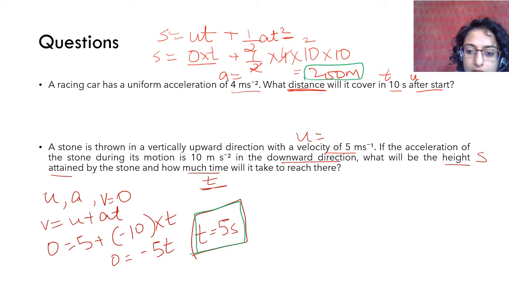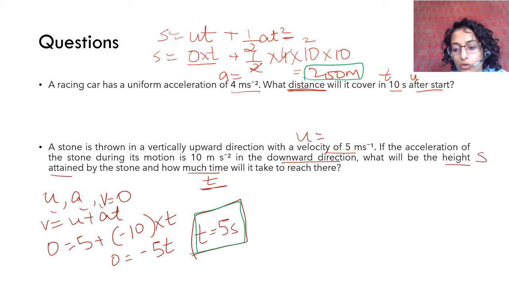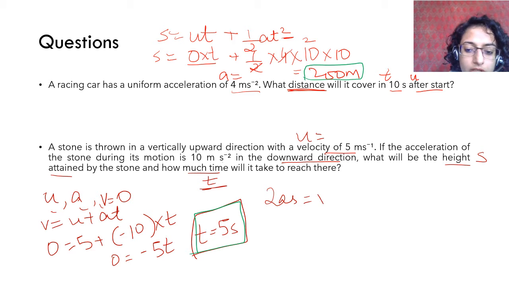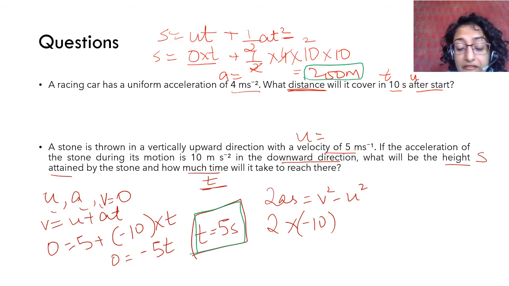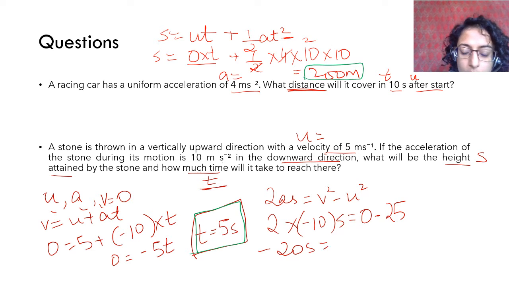Now, how much distance will it cover? Again, now you have all four values. You can use any of those. Simply, I would like to use 2as is equal to v square minus u square. 2 into acceleration, which is minus 10. Please don't forget the negative sign every time. S is equal to v square, which is 0, minus u square, which is 25, so this is minus 25 over minus 20. S is equal to 25 by 20, which is 5 by 4,